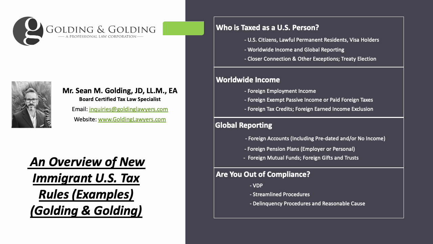Worldwide income, right? It includes all types of income. So, if you have foreign employment income, 1099 for example, or maybe you're living in the US and you're earning some side hustle overseas, that income is still taxable on your US tax return because the US taxes you on your worldwide income based on your US person status, not the source of the income from a baseline perspective. Like I said, there's always exceptions, exclusions, and limitations.